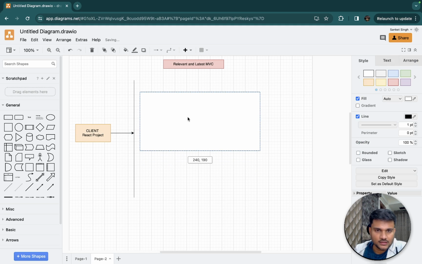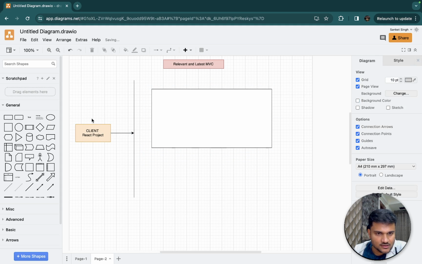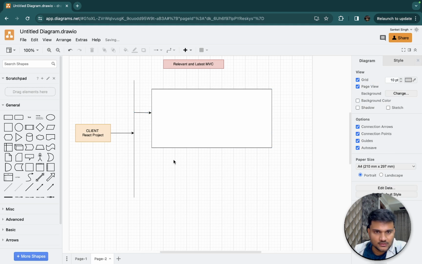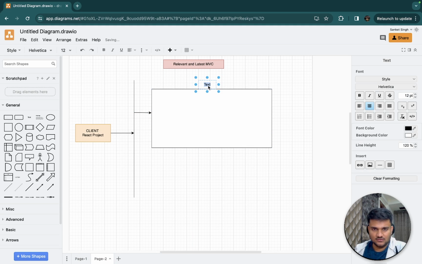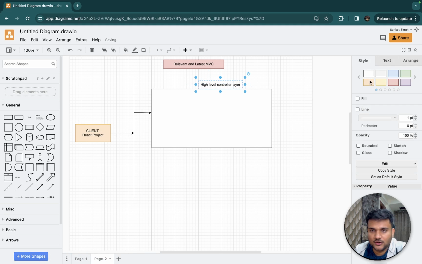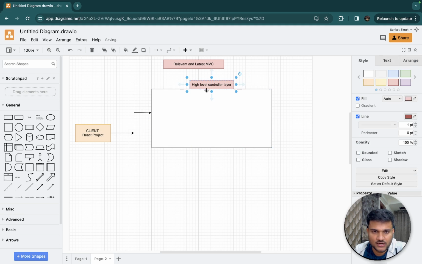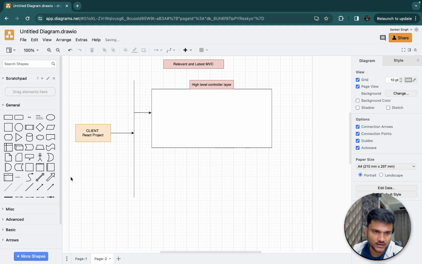Now, firstly, every request will actually come to this particular part of the app. And what is this particular part? This we will call an uber level or high level controller layer. But this high level controller layer is going to be segregated into multiple more layers. Let's start looking at it. So the first layer that we are going to have here,